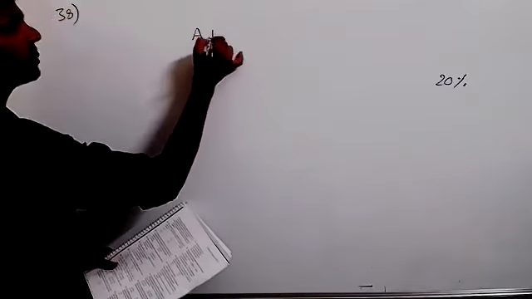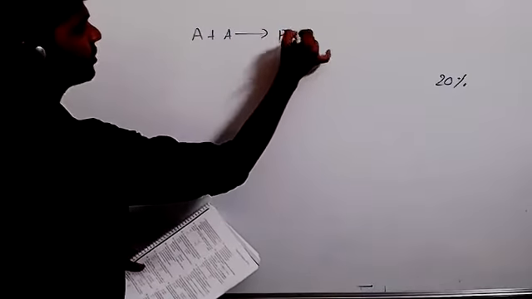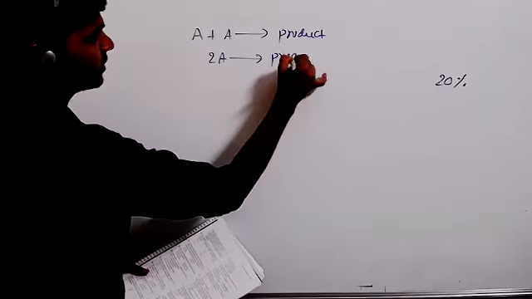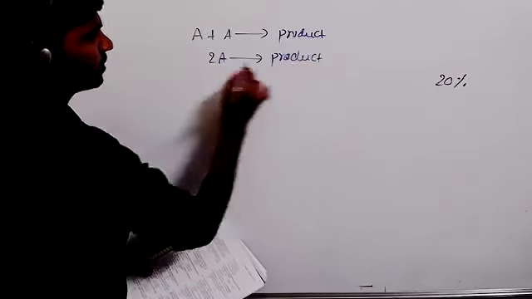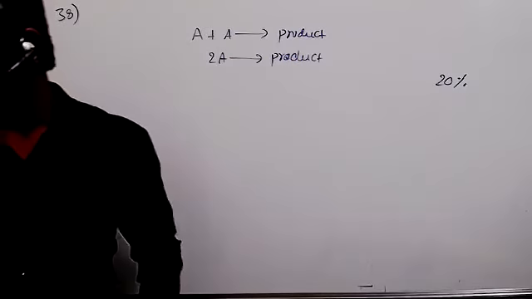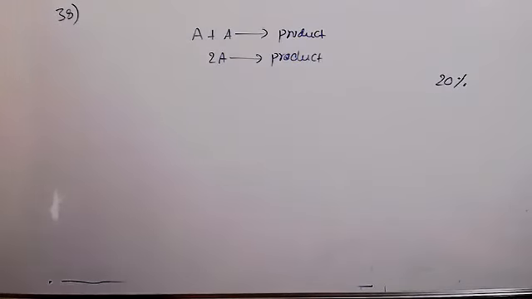Okay, they're clearly saying in a second order reaction, the reactants concentration both are the same. So instead of this, we may write 2A gives rise to product. So this kind of reaction, second order reaction, what is the rate equation? Tell me. Rate equation for second order reaction.